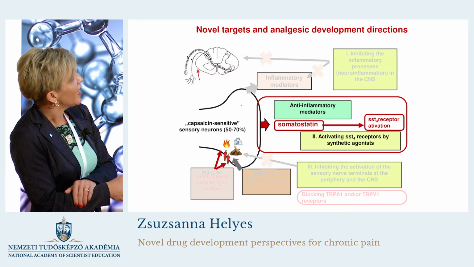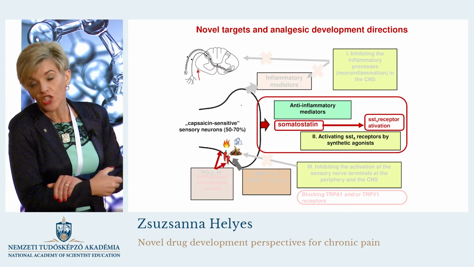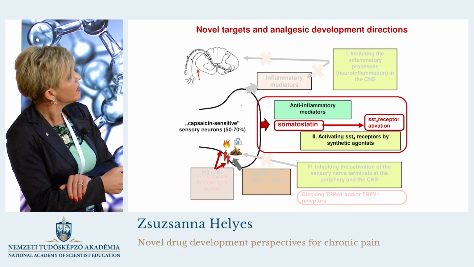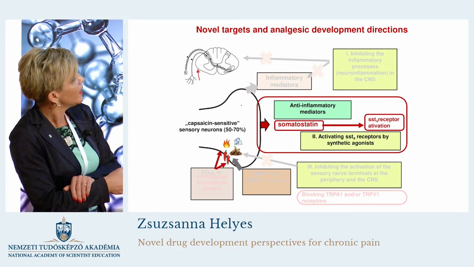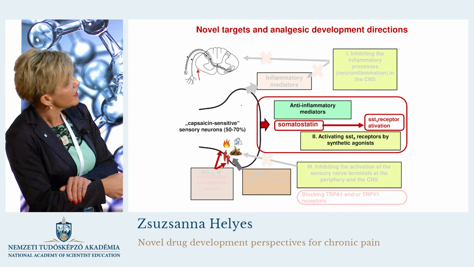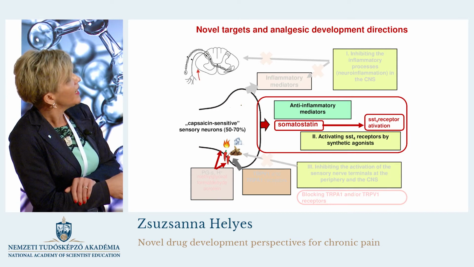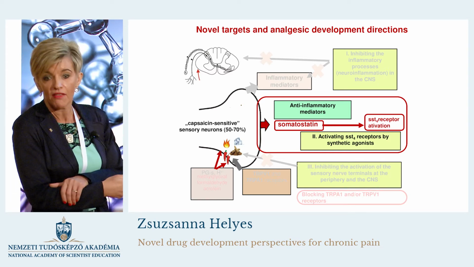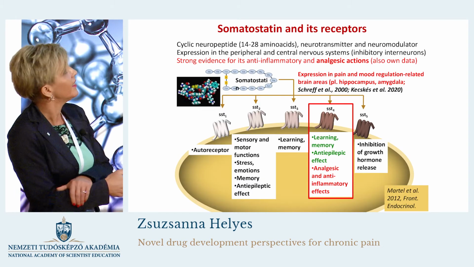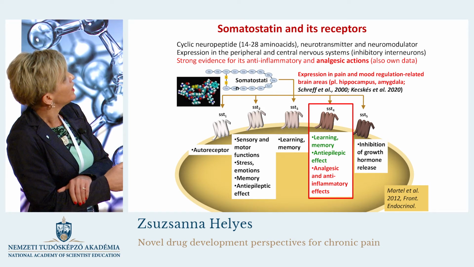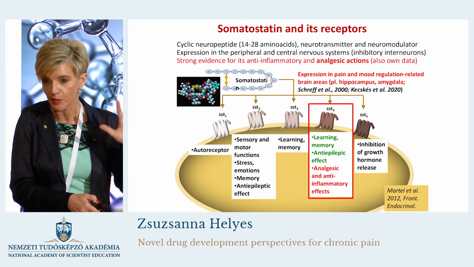Okay, for the second part, and I will be shorter here, this is original drug research and original drug development, because we identified an inhibitory peptide, somatostatin, released from these nerve endings, activating a specific receptor of somatostatin, the somatostatin 4 receptor. That's a peptide. We are searching for agonists, so activators of this receptor, whether they can be useful for pain decrease. Somatostatin is a peptide which has a lot of different functions because it has 5 different target molecules,